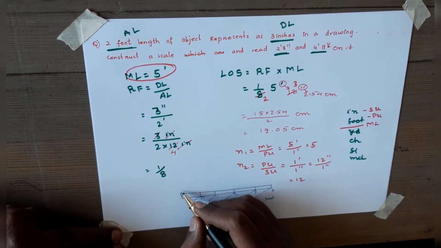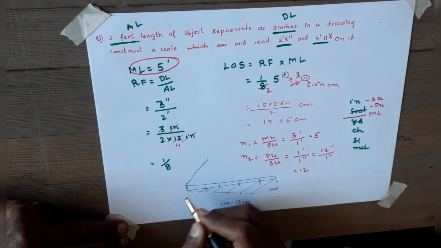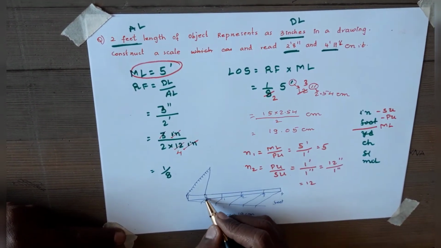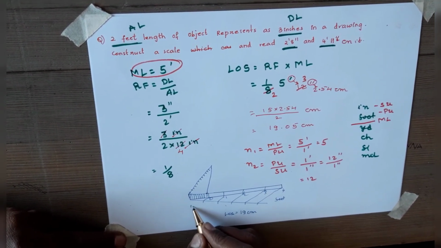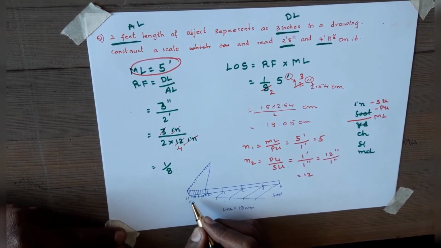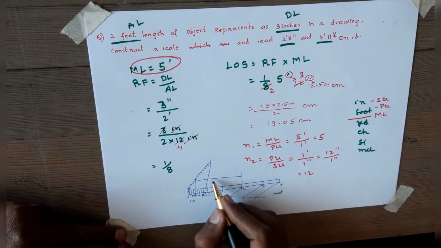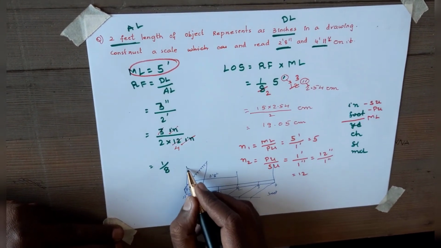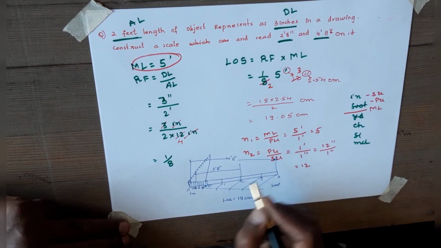Now N2, how many parts do I have to divide? What is N2? 12. So we have to draw a line and make 12 equal parts. Join the end part with this and then draw parallel lines; you are going to get the secondary scale here. This is going to be inch. So we are going to have 2, 4, 6, 8, 10, 12. They are asking for 2 feet 8 inches, and another one is 4 feet 11 inches. It's clear, like this we have to do it.